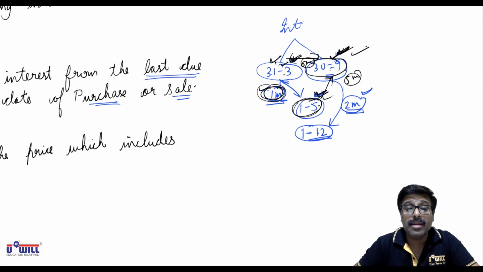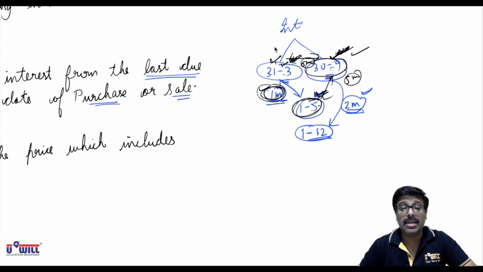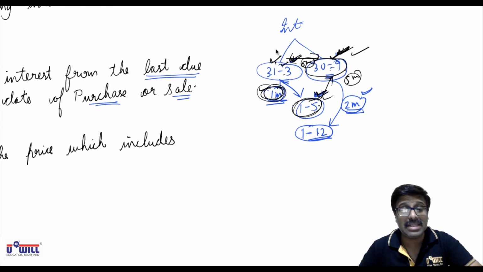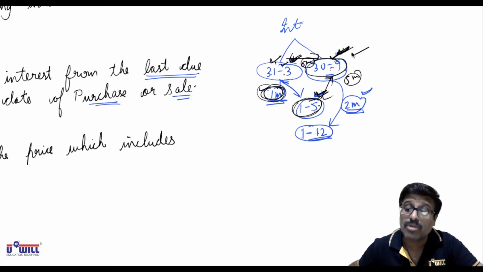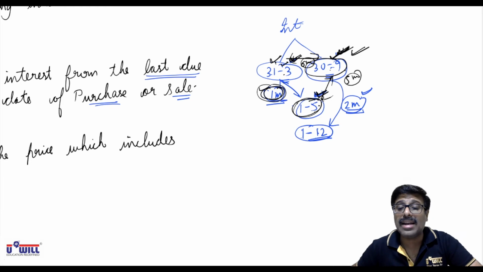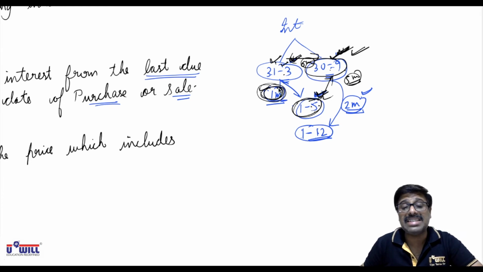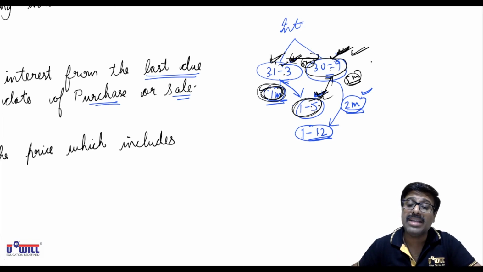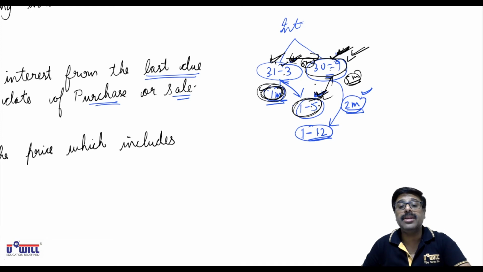interest only. I repeat, you purchased on 1st May. So you are entitled to receive May, June, July, August, September, 5 months interest only. But company will pay you 6 months interest. You are entitled to get 5 months interest. So you will pay 1 month interest to the seller when you buy those securities because in future you are going to get 6 months interest from the company.